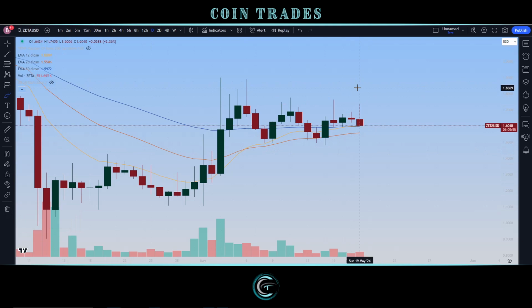So if we look at the 12, for example, we're looking at 160.01. And if we look at the 50, we're looking at 159.72. So plenty of support right now for the EMAs. Just below that is going to be the 26 coming in at 1.5581. And so we know that these are very much looking to have a very nice bullish cross here, especially